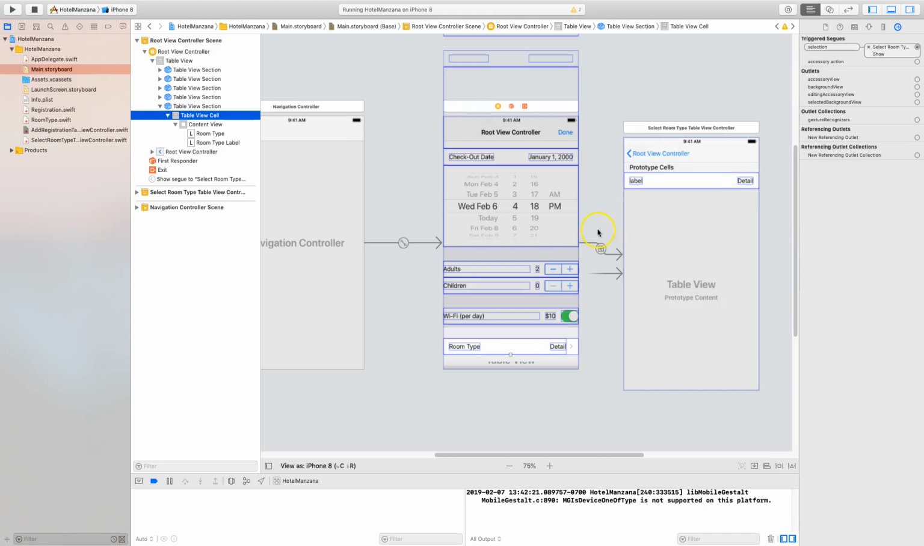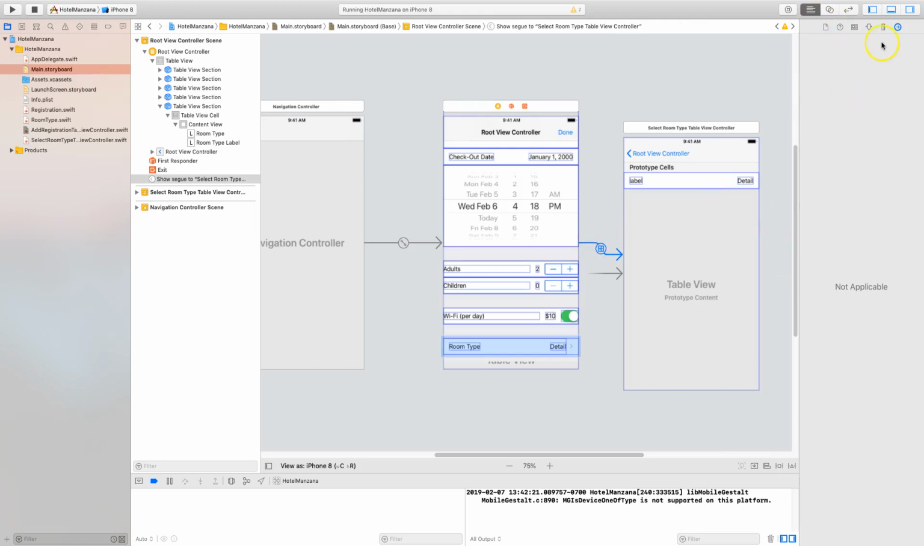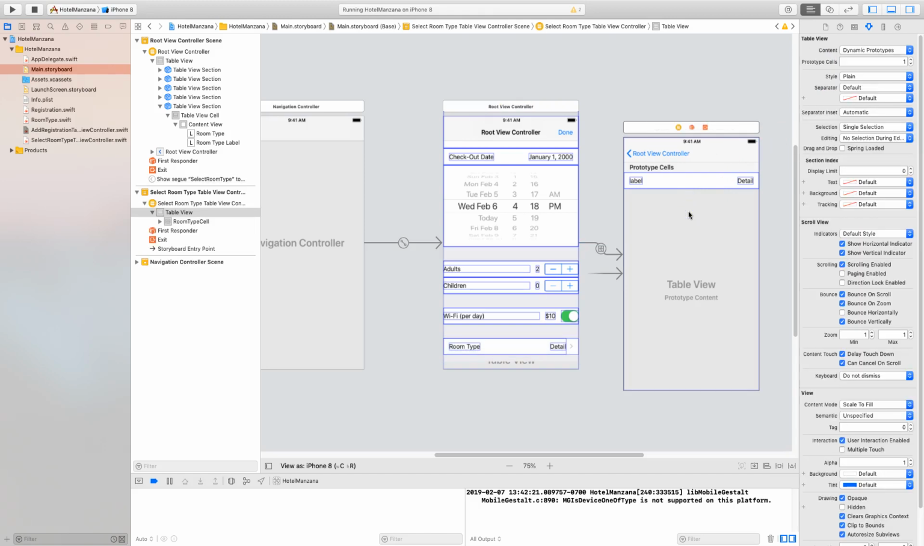And then what I want to do is make sure I name it. And what we're going to call the identifier is select room type. Oh, make sure I spell that right. Okay, so we've updated that,